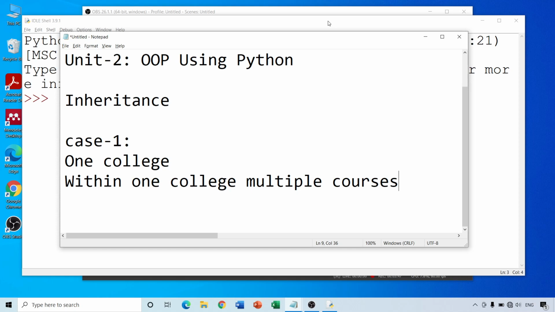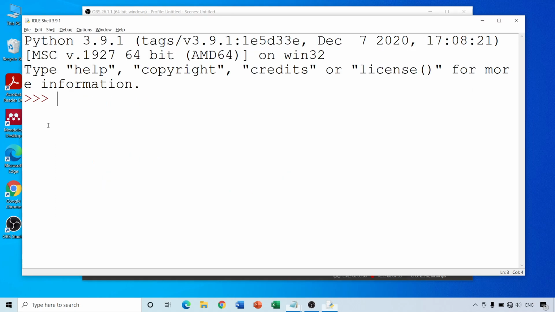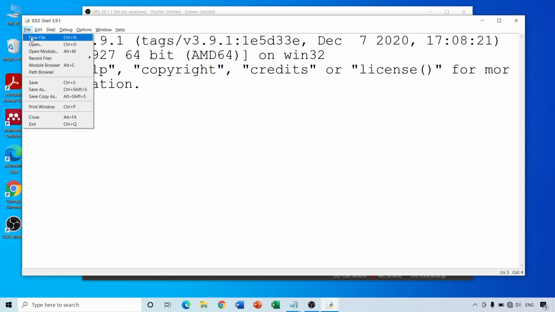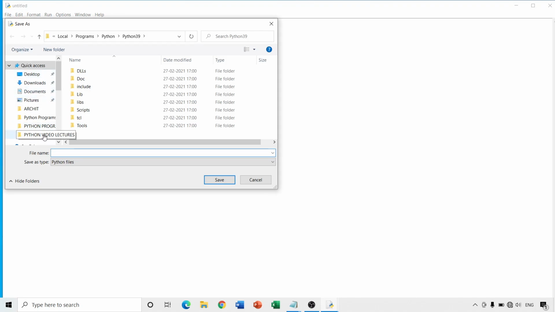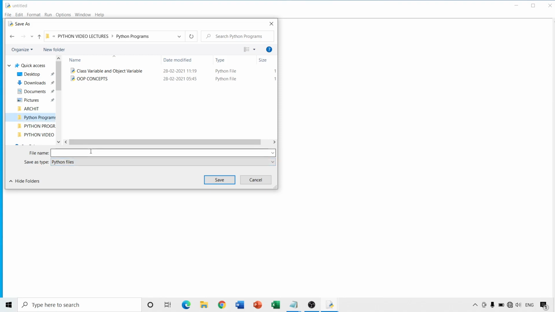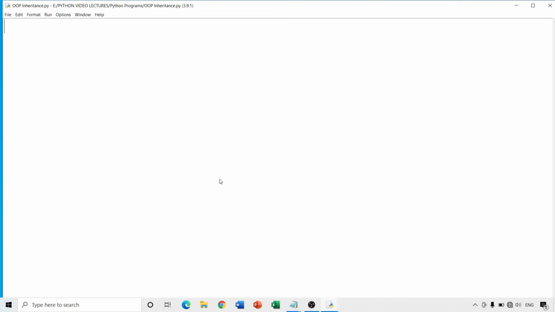So, let us start with a simple example of single level or simple inheritance of one college with multiple courses. We create a new file, save the file, save as, and we give the name as OP inheritance. Let me start with a description of the program: program to demonstrate